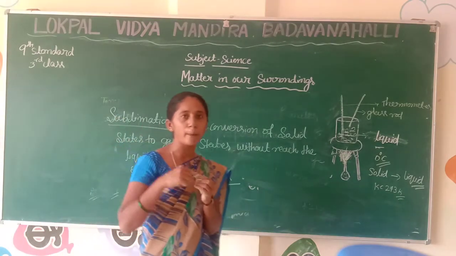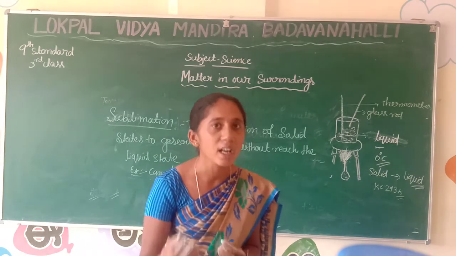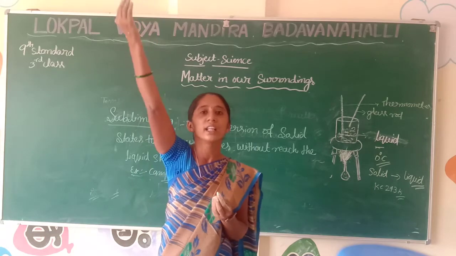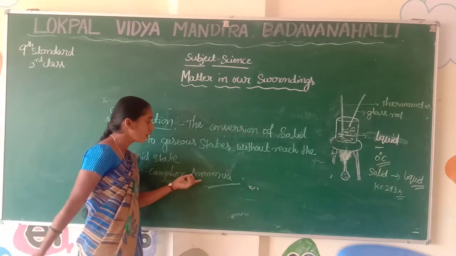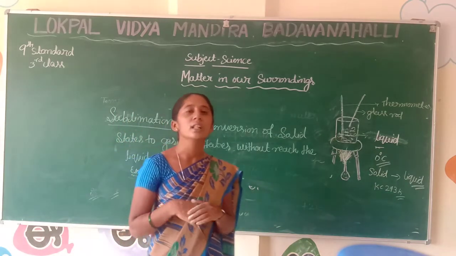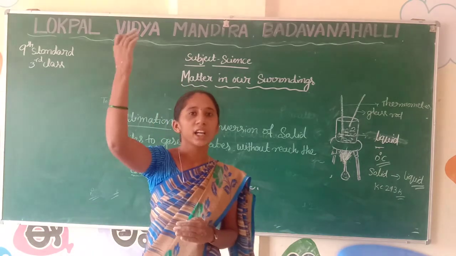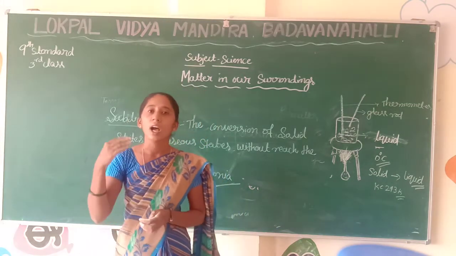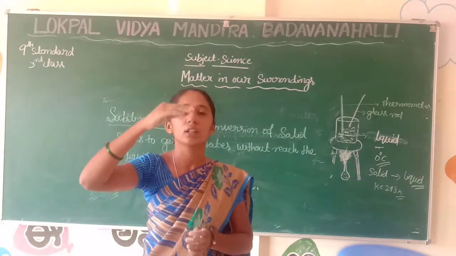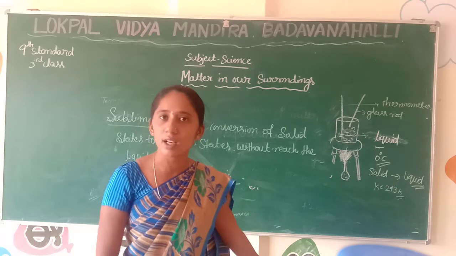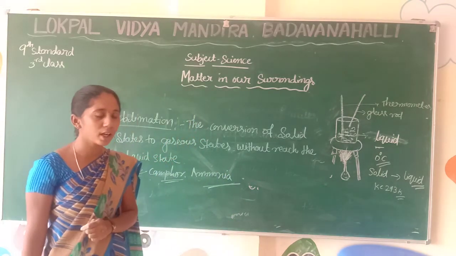When we burn the camphor, it is changing its state directly from solid to gaseous state. And also at the same time the ammonia, when we burn it, directly changes state from solid to gaseous state. The gaseous vapor form of ammonia will cool. Again it obtains the original solid state, not reaching the liquid state. Did you understand students? Yes.